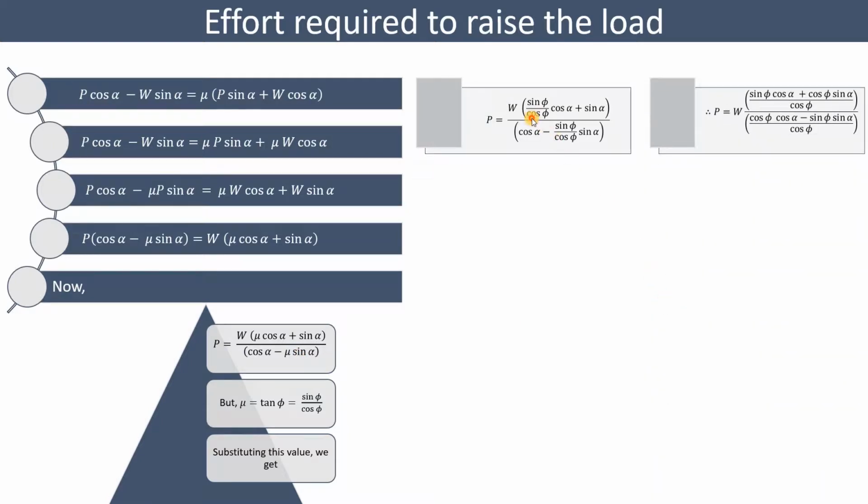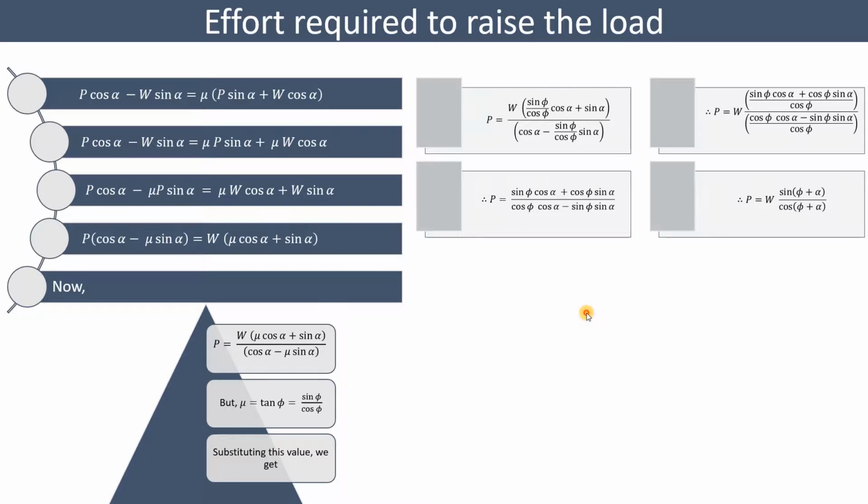Now this cos phi is the LCM, so cross multiply by this cos phi to this sine alpha. So this sine phi cos alpha, that is the first term, plus cos phi sine alpha, whole divided by cos alpha. Similarly, this cos phi is the same in the denominator, so cross multiply to this cos alpha, so this cos phi cos alpha minus sin phi sin alpha divided by cos phi. Now this cos phi will get cancelled out from the numerator as well as from the denominator. So we are left with sin phi cos alpha plus cos phi sin alpha. So that we have written in the numerator. Then cos phi cos alpha minus sin phi sin alpha that we have written in the denominator.